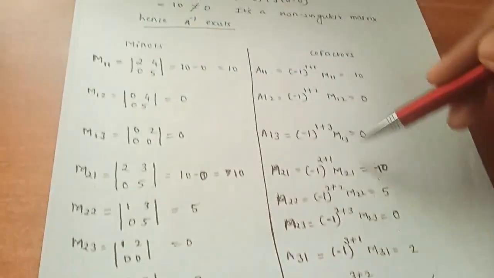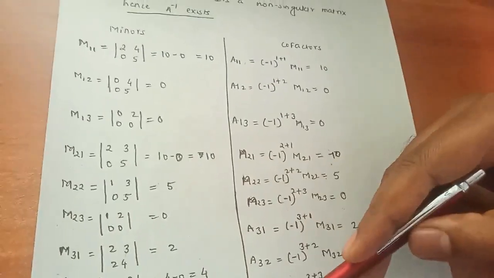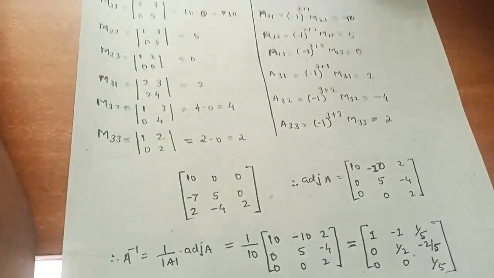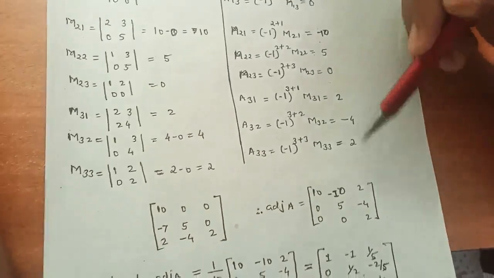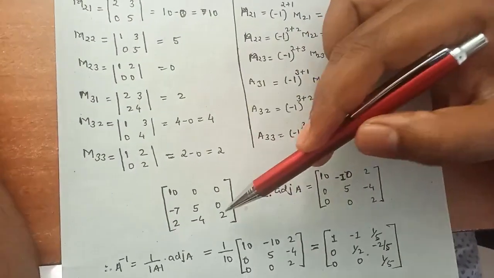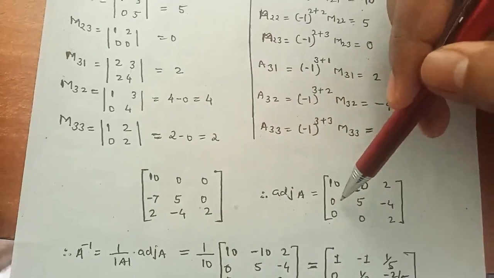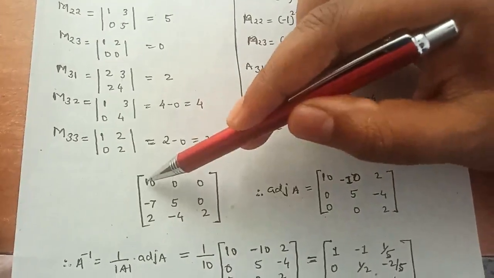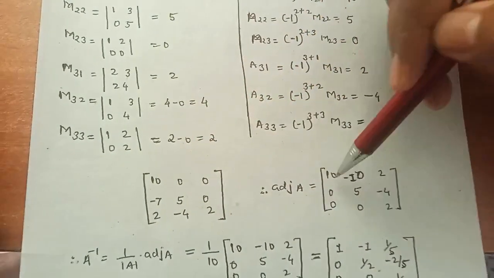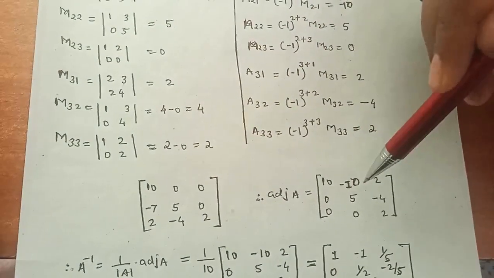Now after finding the cofactors, for all the cofactor elements, you have to make the determinant. So 10 0 0 will be the first row, minus 10 5 0 will be the second row, and 2 minus 4 2 will be the third row. Now take the transpose of this matrix and you will get the adjoint. So transpose means what? Converting the rows into columns. Suppose the first row is 10 0 0, make it a column 10 0 0. The second row is